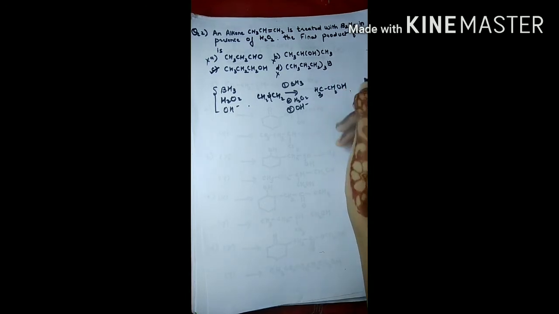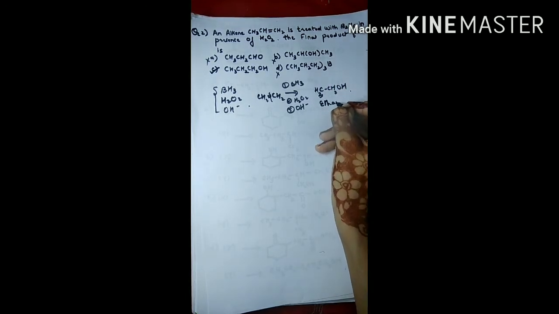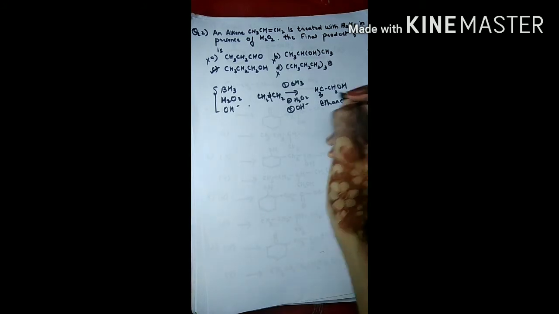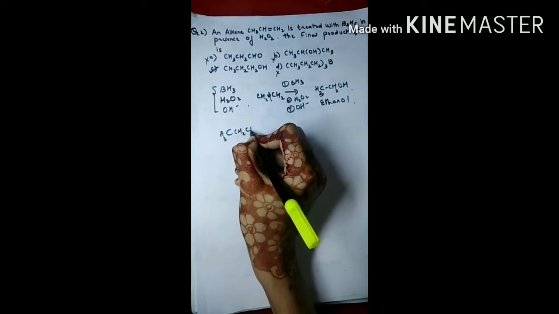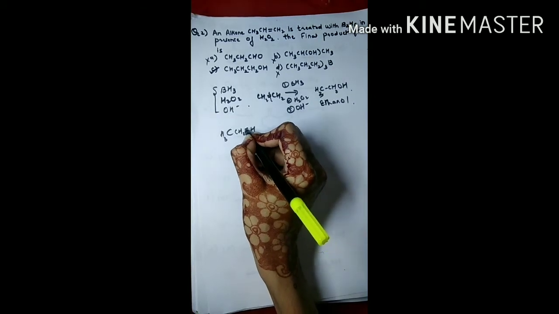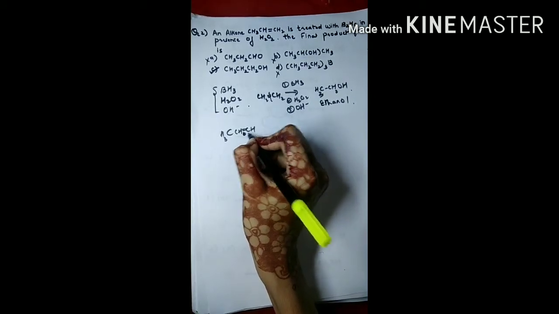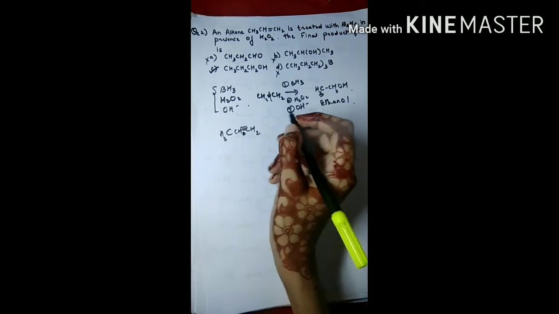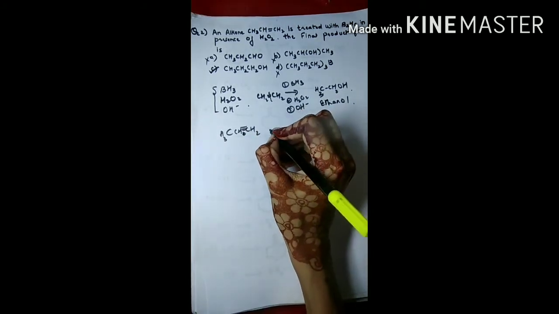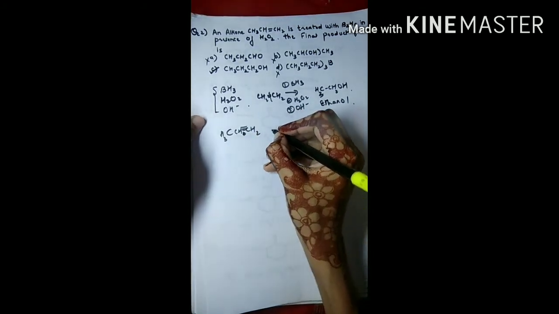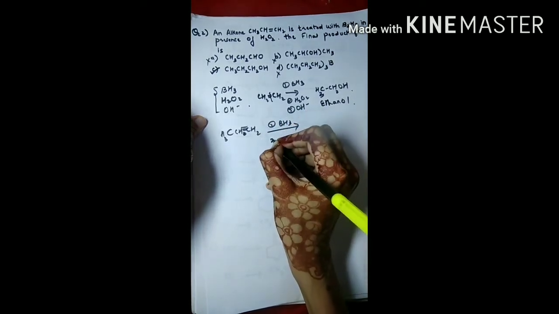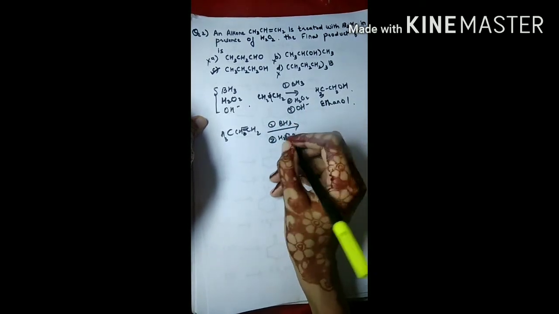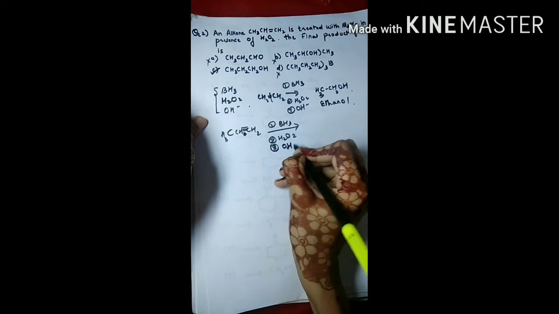But here, students, water is not providing H plus and OH minus ions. So here borane will give us H plus, and OH minus will be provided by hydrogen peroxide. Now here I am writing an example of propene. That is our correct answer. So let's see how the alcohol is formed directly. First, what we require is borane, hydrogen peroxide and basic medium.